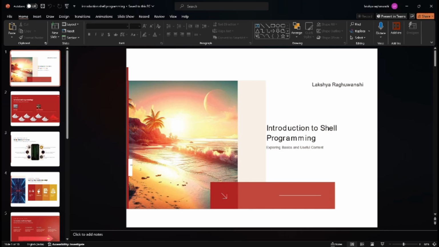But before we delve into what shell programming really is and how we will use it to make our lives easier, we need to know a little bit about what a shell is. A shell is a command line interpreter that provides a user interface for accessing an operating system's services. Now, you might wonder why we need this. So basically, the user can interact with this user interface and type commands in the command prompt to manage